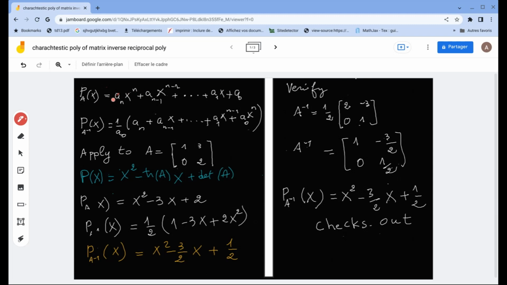So we can write the characteristic polynomial of A as an x power n plus an minus 1 x power n minus 1 plus dot dot dot plus a1 x plus a0. The polynomial is unitary. That means that always an is equal to 1